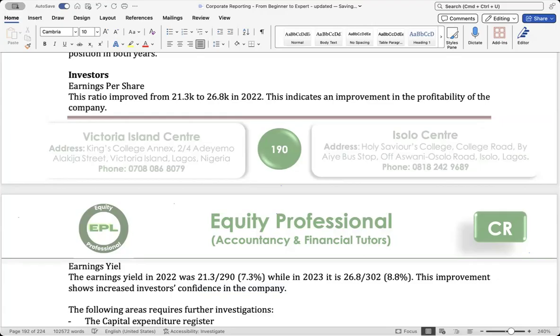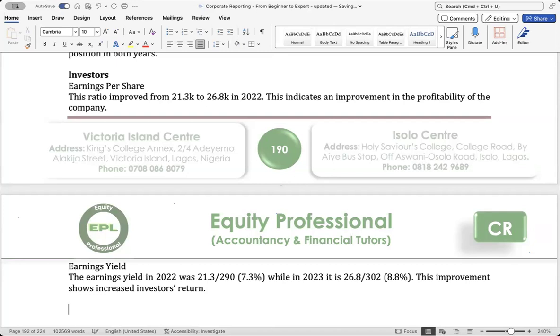But this interpretation is not correct. So earnings yield, so improvement in shareholders. This improvement shows increased investors' returns, and you can also do price earnings ratio too, since they gave us that information. So I can say the PE ratio